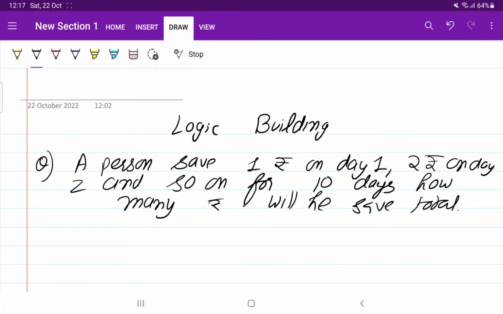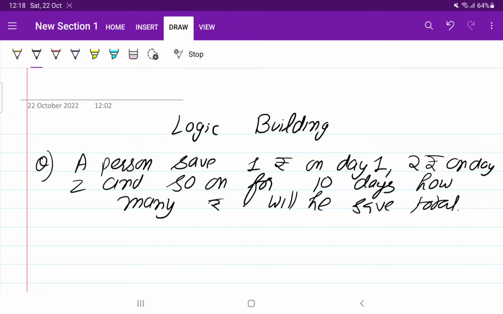So in this lecture we will try to build the logics. Okay, we will just see how to get to the solution of a problem. We will not focus on coding because that we are going to learn in the later course. If you learn how to build logic, then coding is a very easy part. The difficult part is to make the logics, how to think. Okay, so we will be solving some examples and we will see how we can build the logics.